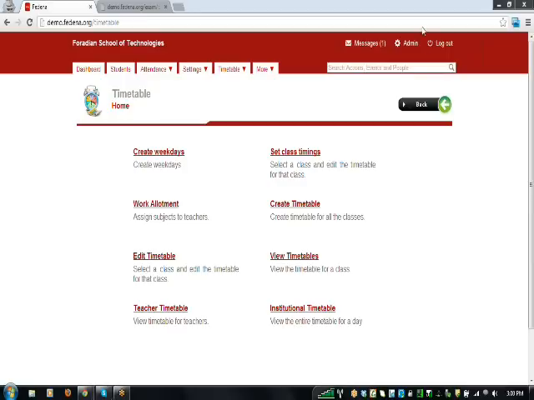Thank you. I'm moving forward with the timetable section. So you can see the different options available in the timetable section. That is create weekdays, setting up the class timings and work allotment, creating of the timetables, editing of timetables, and three view options, that is view timetables, view teachers timetable and view institutional timetable. So the first one,